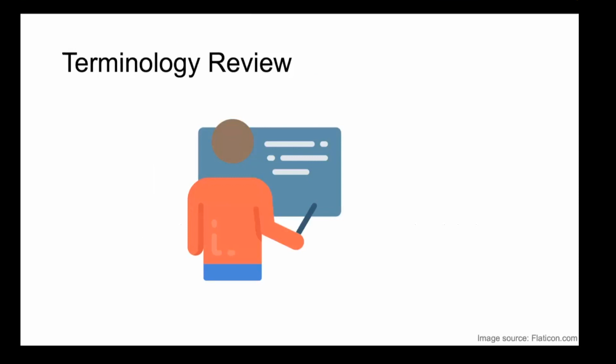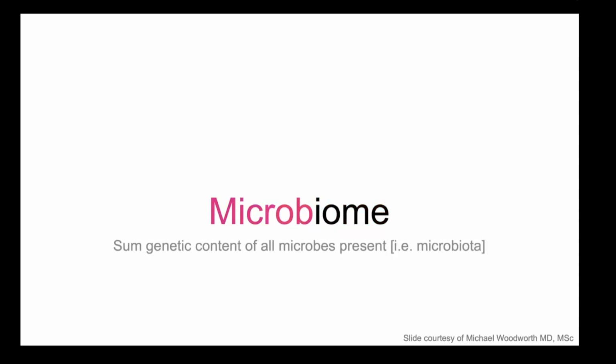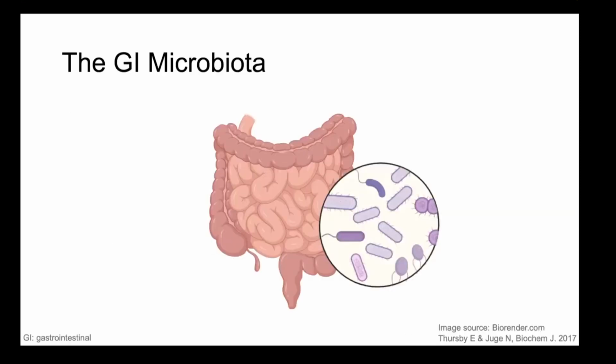So we'll start off briefly with some terminology review, just so we all know what we mean when we say something. So when I say microbiota, this is just shorthand for all microbes present in a sample or an environment. When we say microbiome, this is the sum of the genetic content of all the microbes present. And when we talk about the GI microbiota,